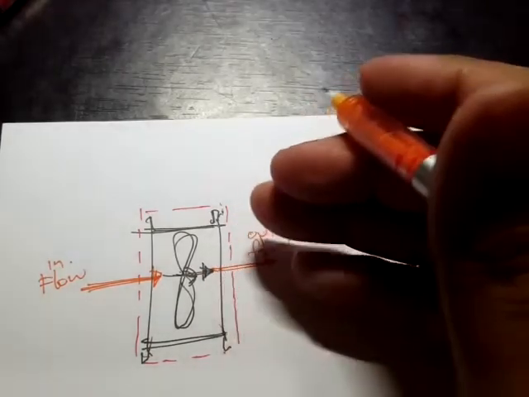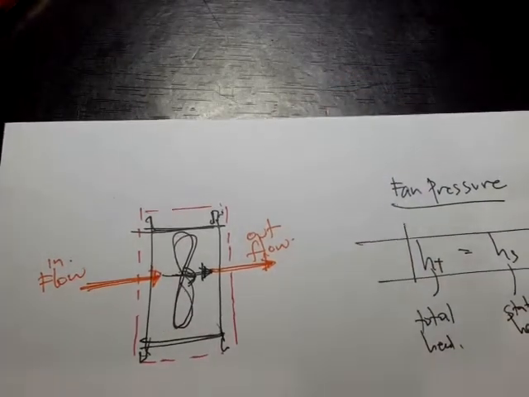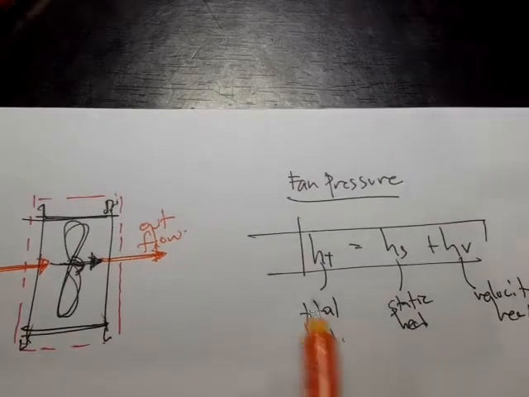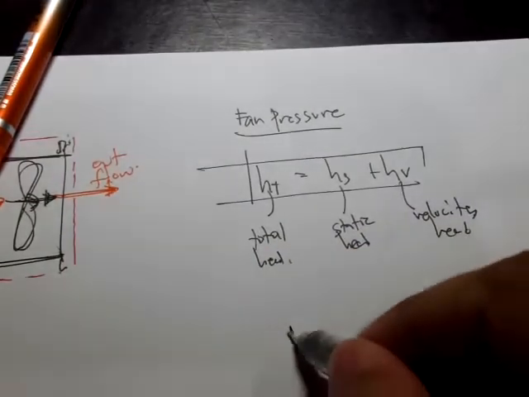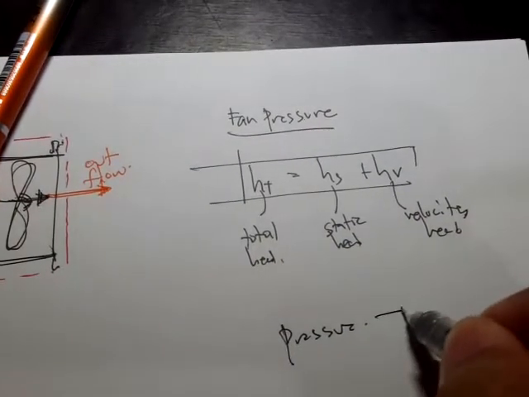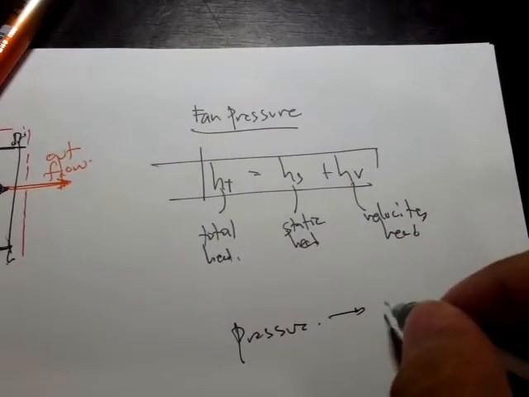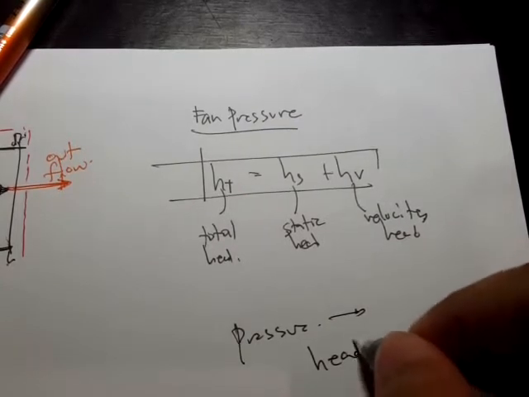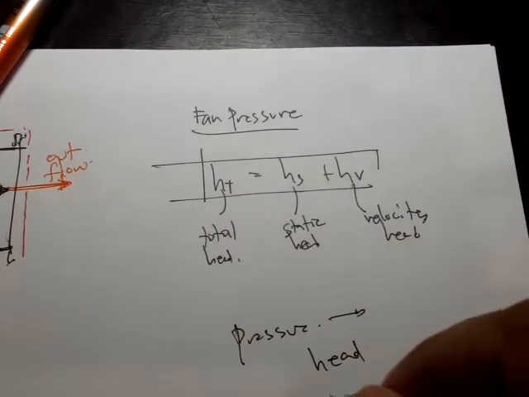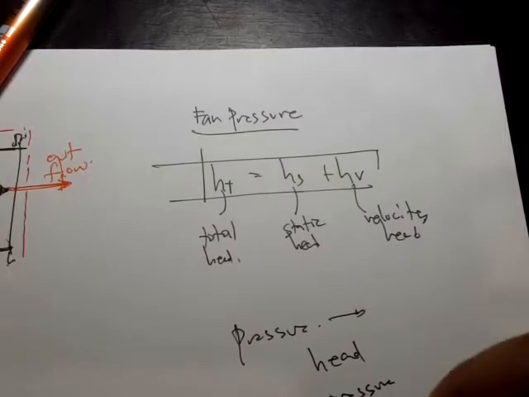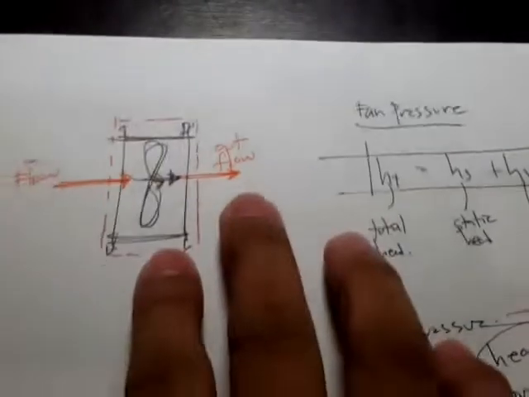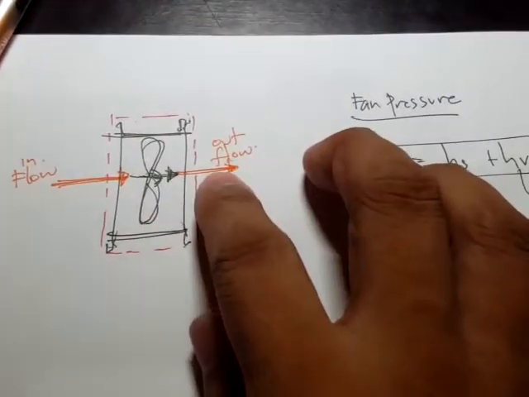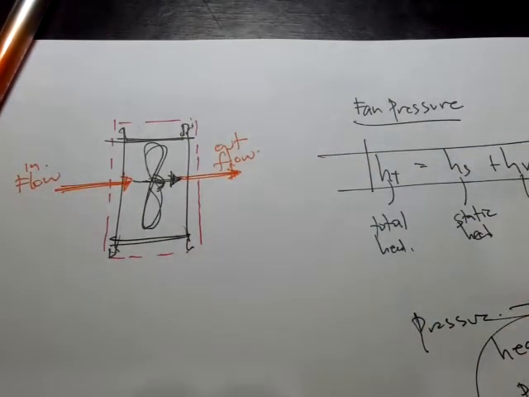But when we say energy right now, what we are talking about is actually in terms of head, because recall that pressure can be expressed in terms of head or pressure and also energy,